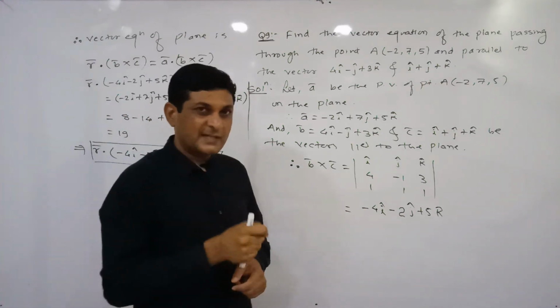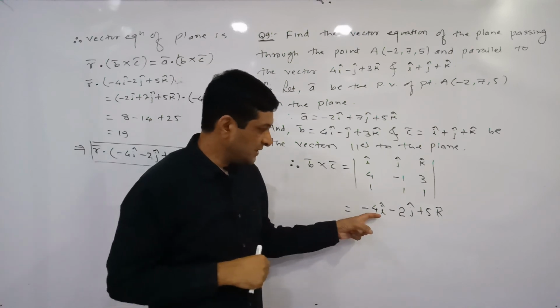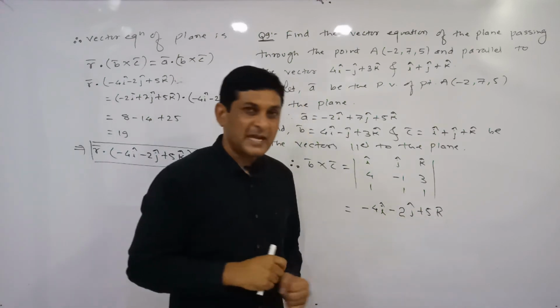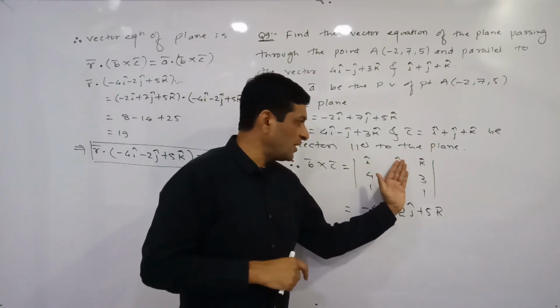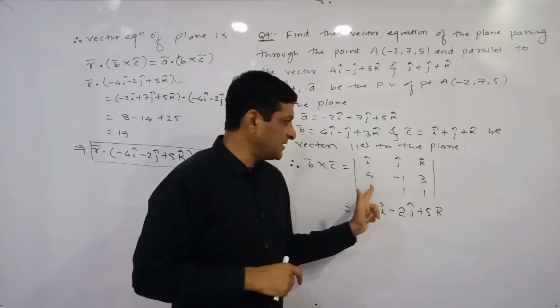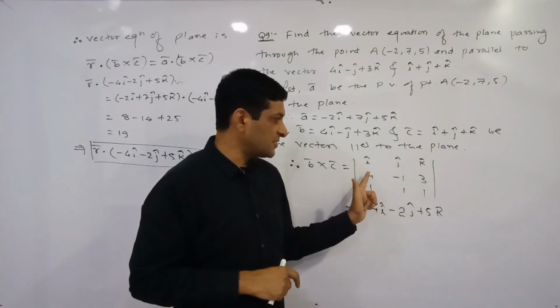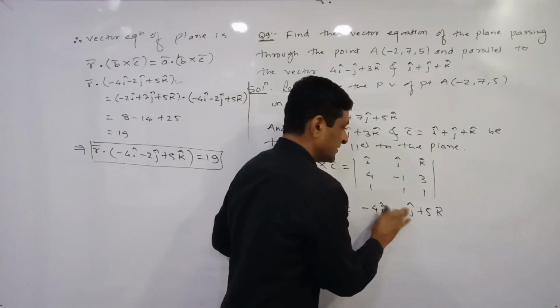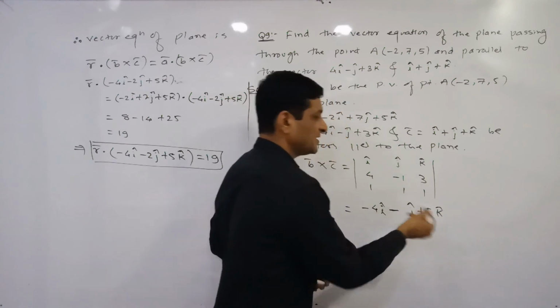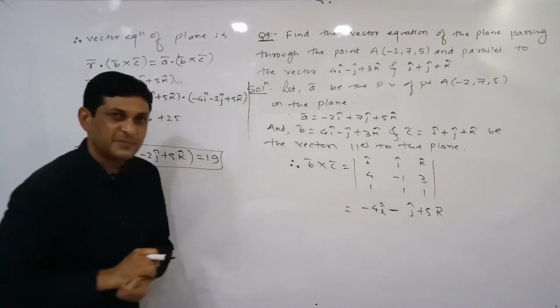So here one small correction is there in the calculation. Here the coefficient of I cap and K cap is correct, but observe the coefficient of J cap. So here delete this column. Here 4 minus 3, this product is 4 and this product is 3. 4 minus 3 will be equal to 1 here. So it is not necessary to write 1 here, which means here we are getting minus J cap. The coefficient of J cap is minus 1.